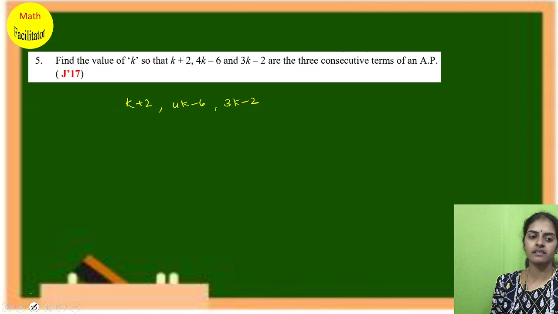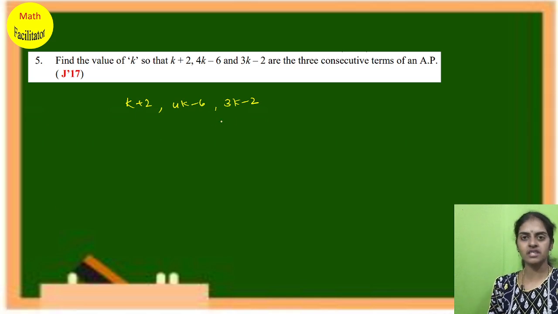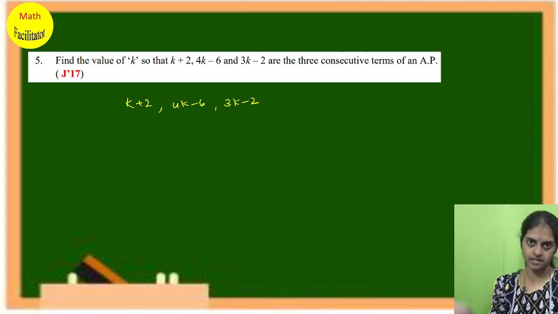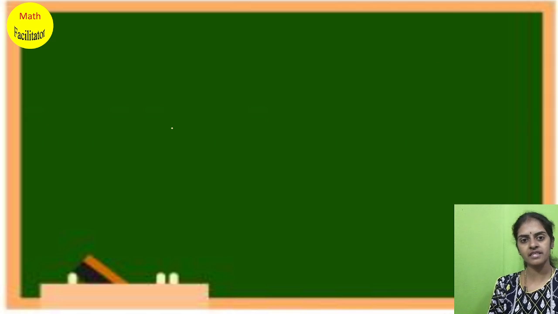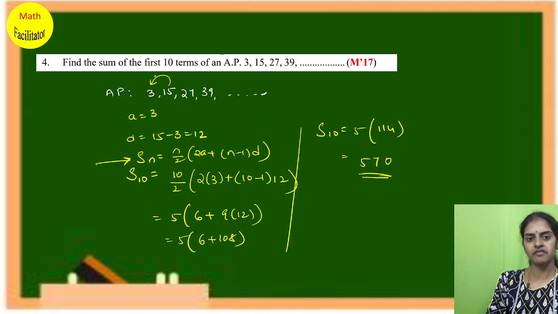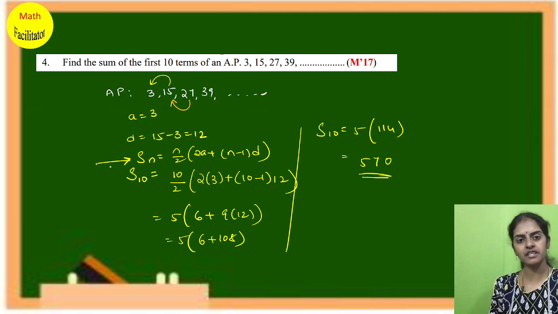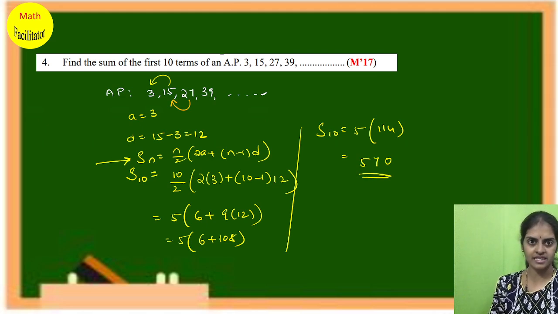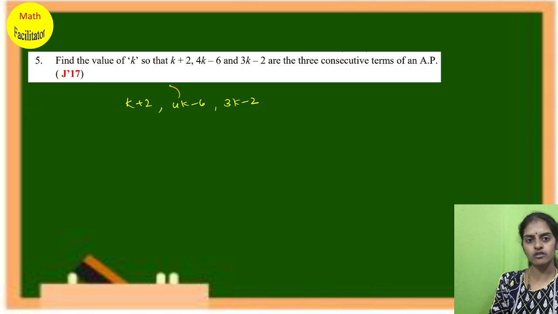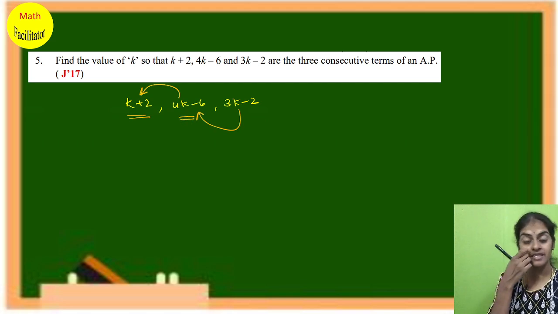Children, when these are consecutive terms, consecutive means next terms. So when they are in AP, you know that the common difference is the same. How do you find the common difference? See here, 15 minus 3 will give me the common difference. Also 27 minus 15 will give me the same common difference, isn't it? Similarly here also, 4k minus 6 minus this, or 3k minus 2 minus this, should give me the same common